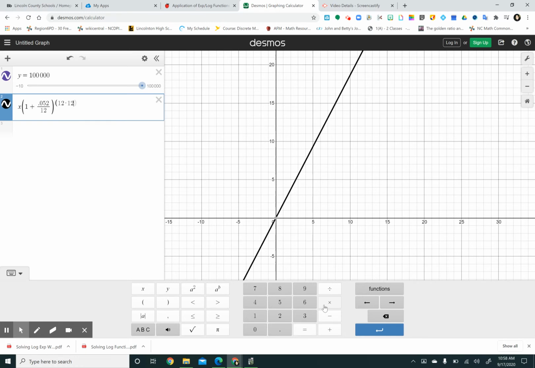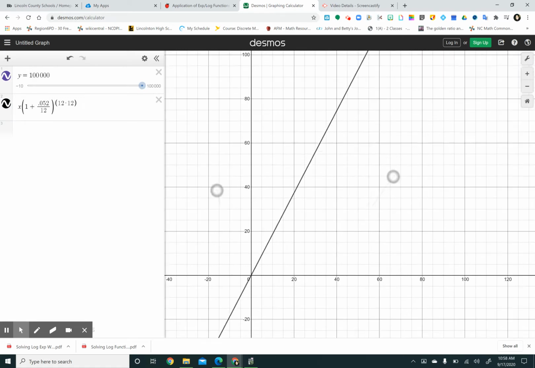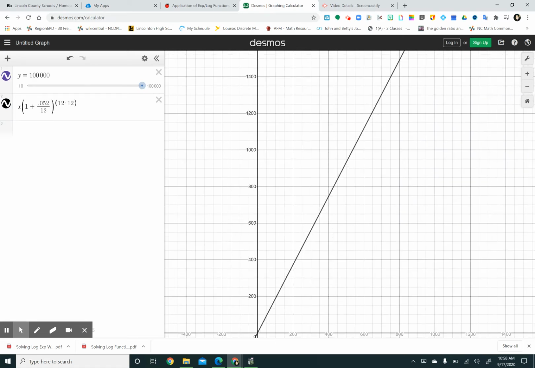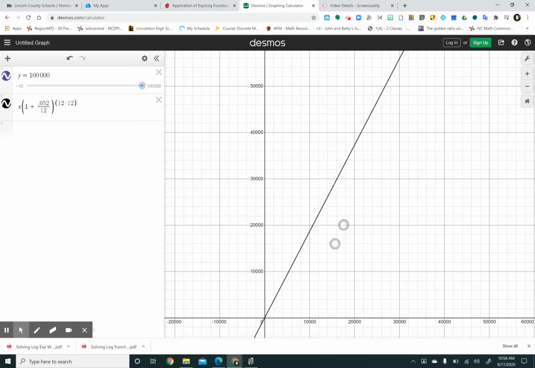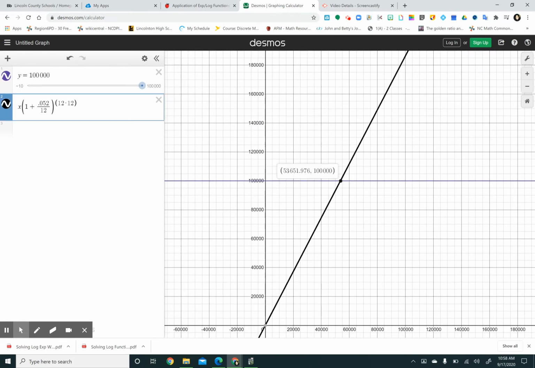Now, you'll see that this black line is the equation. Well, we're looking for this purple line, this 100,000. We have to find where these two lines cross. So we got to get to 100,000. That's a long way up here. So we got to find the purple line. Oh, there's the purple line. So we find where those two lines cross, and that's at